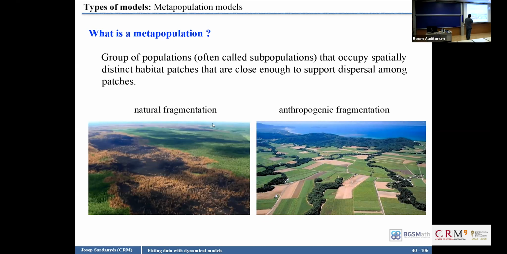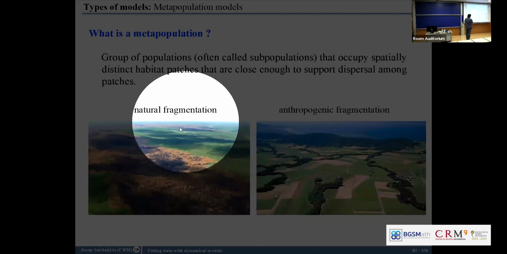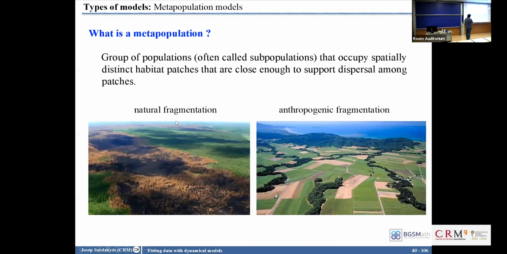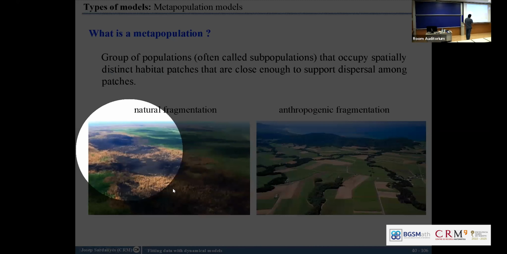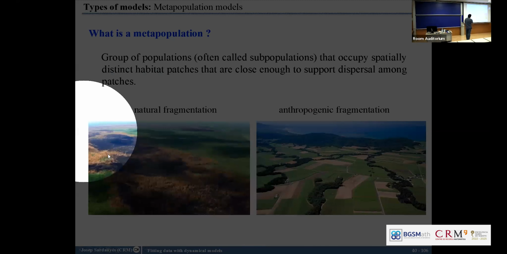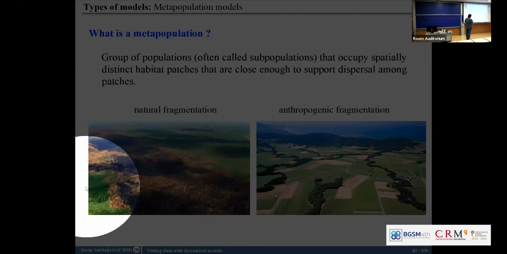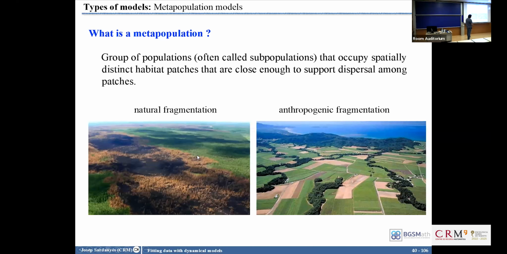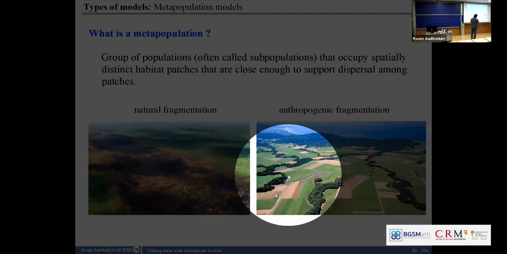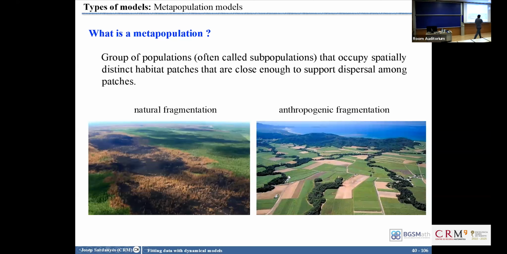Of course, we have natural metapopulations, natural fragmentation. For example, we have a forest that has suffered some fire, or we have a river crossing a place, and we have different patches that are separated. And of course, we have anthropogenic fragmentation. So of course, these systems are very, very difficult to model because we have,